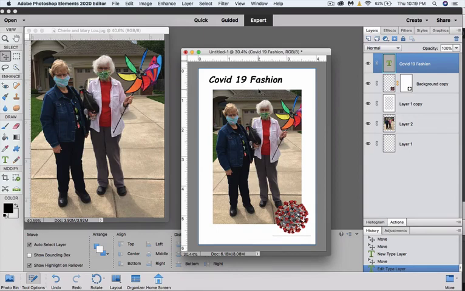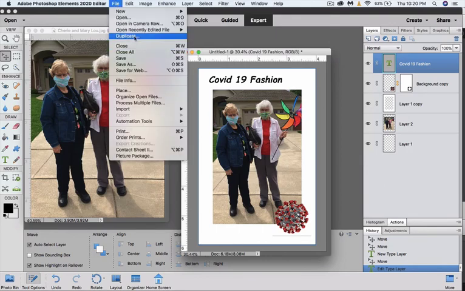So I want you to see that if I later on have another picture that I want to put this template with, all I would do is, first of all, I have to save it as a PSD file, as you have guessed by now. I want to keep all of the layers. Let's do that. File, save as,